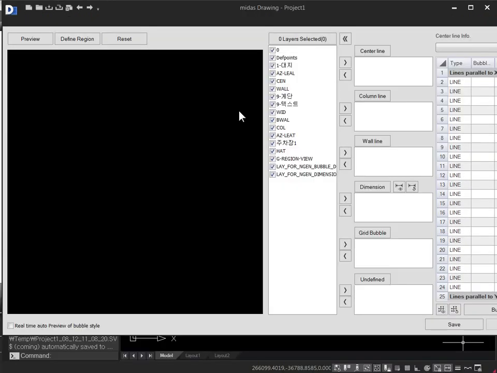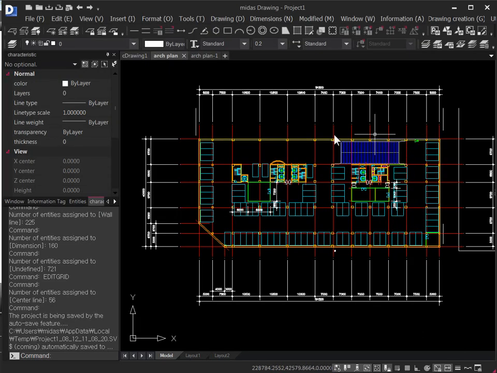In case the layers are not set and there are some changes required in the architectural plan, then we can close this dialog box. And we can make changes here in MIDAS Drawing. MIDAS Drawing accepts all commands of AutoCAD. To use this modified file, we can type the command Edit Grid